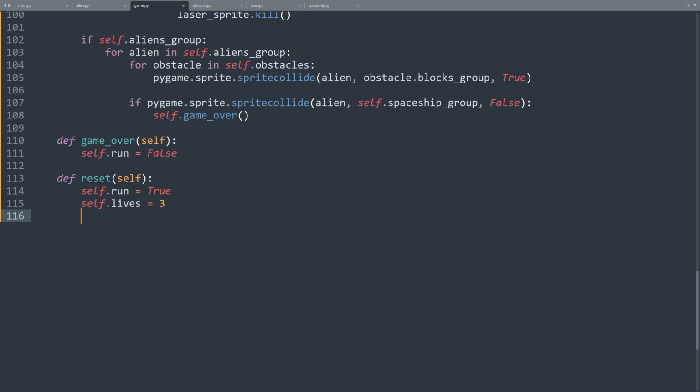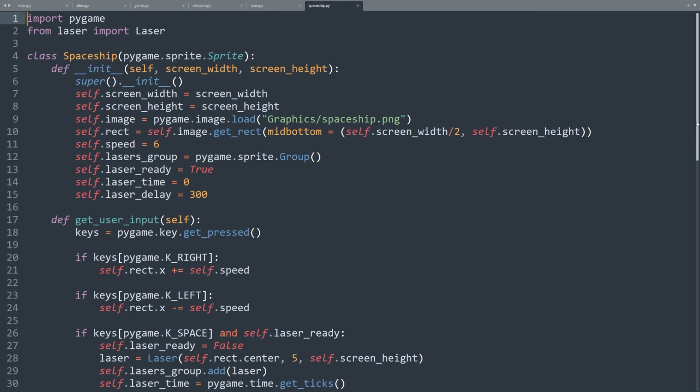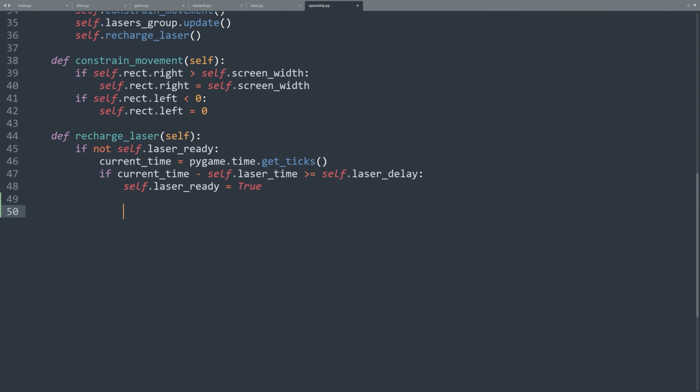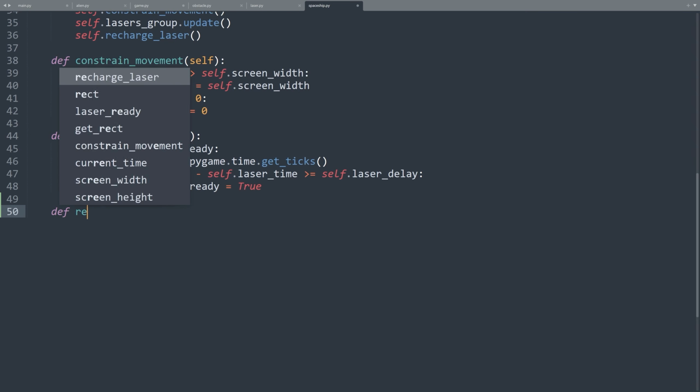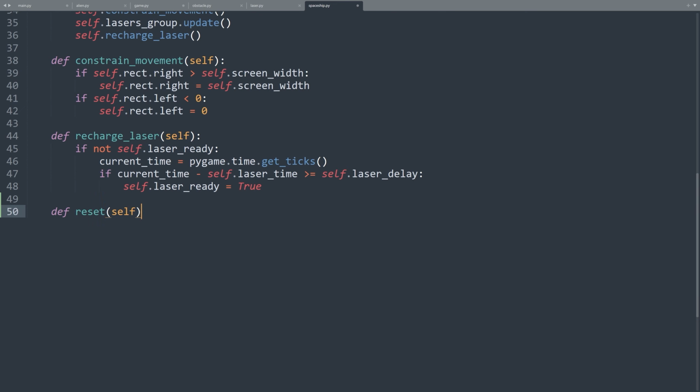When we reset the game, we have to move the spaceship sprite to the center of the screen and also delete all of its lasers. Let's create a reset method in the spaceship class. In the spaceship file, let's create the method def reset(self) colon.